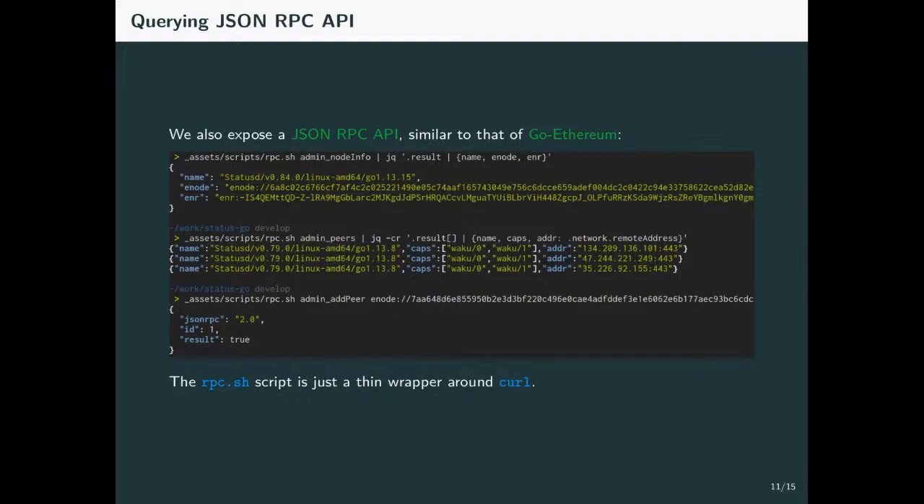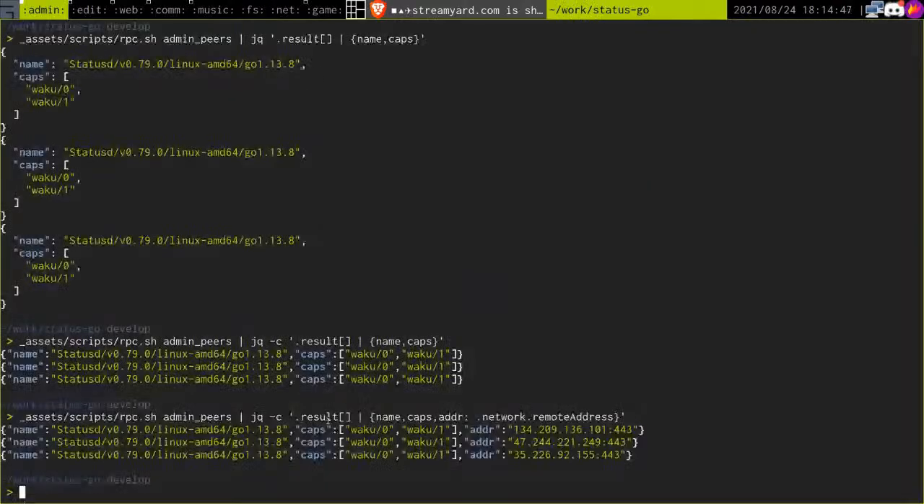And you can also add peers. For example, there's an admin add peer command. If you have a friend that is running a peer and you want to connect to it, then you can use this command. For example, if we query for peers in our fleet,